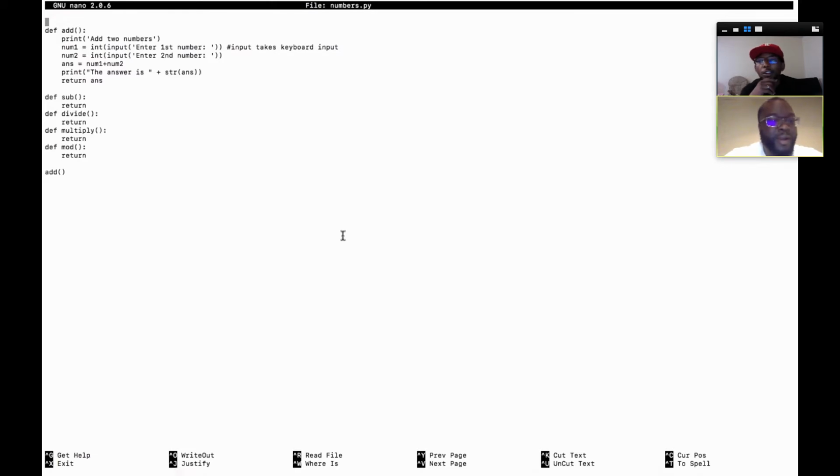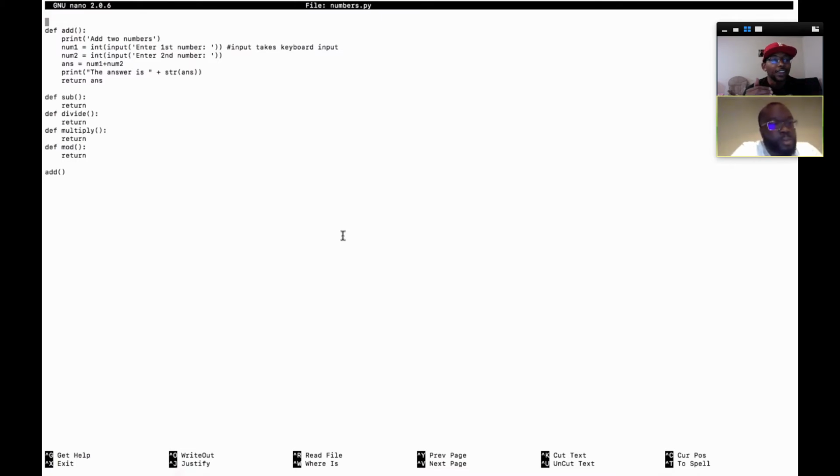Nice. So if you want to define a new function, you use the def keyword, and that tells Python you're defining something, in this case a function. So the name of the function and then whatever its arguments are. In this case, it doesn't take any arguments when you call it. And then you put a colon. And instead of using semicolons like other languages do to denote when you're done with a line of code,